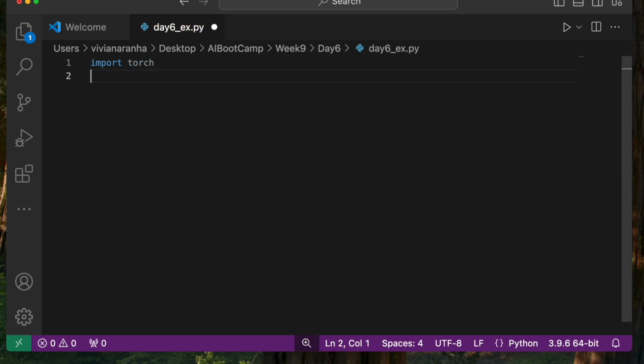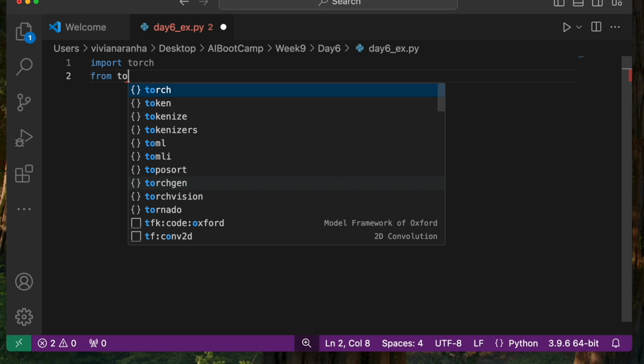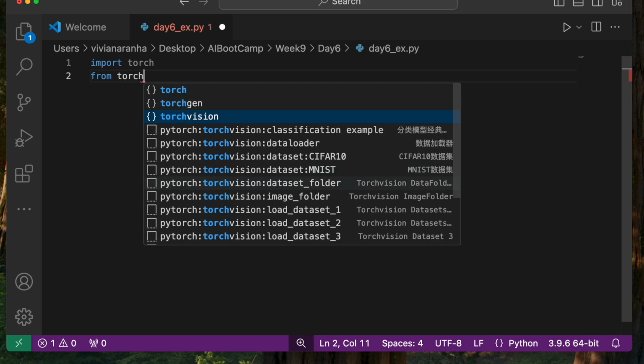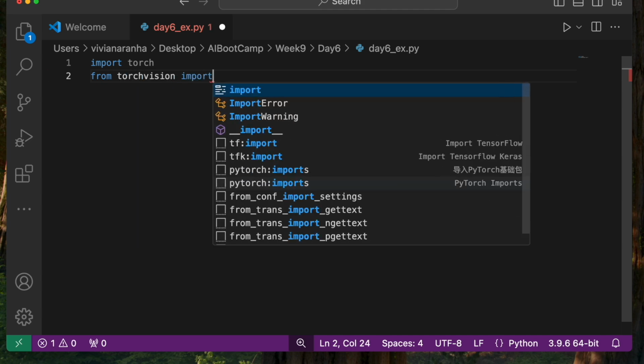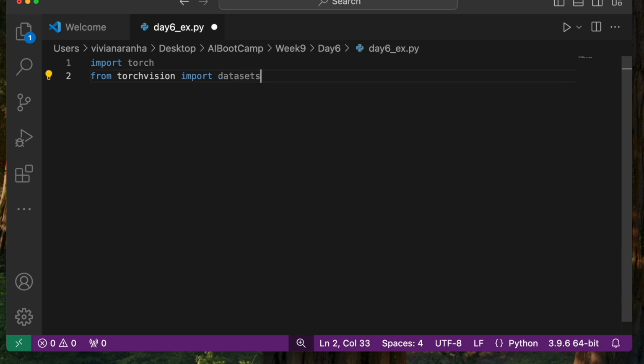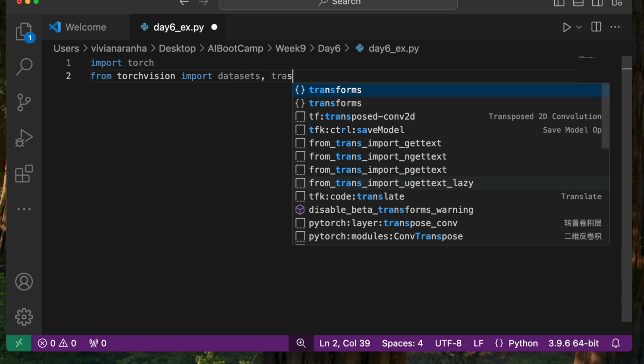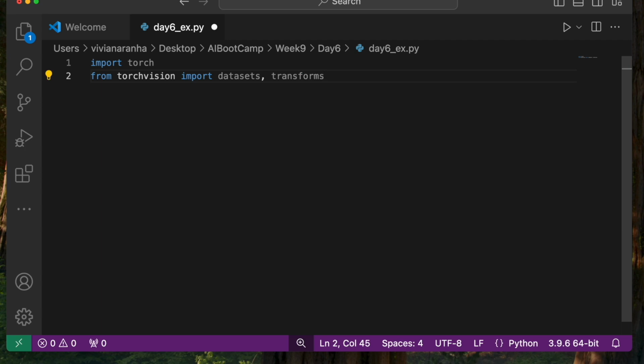This is the core PyTorch library for tensor operations and deep learning. Next, I'm going to say from torchvision, I am going to import datasets and transforms. So here, torchvision.datasets provides popular datasets like MNIST, which we'll be using, and also it has CIFAR-10 if you want to use.